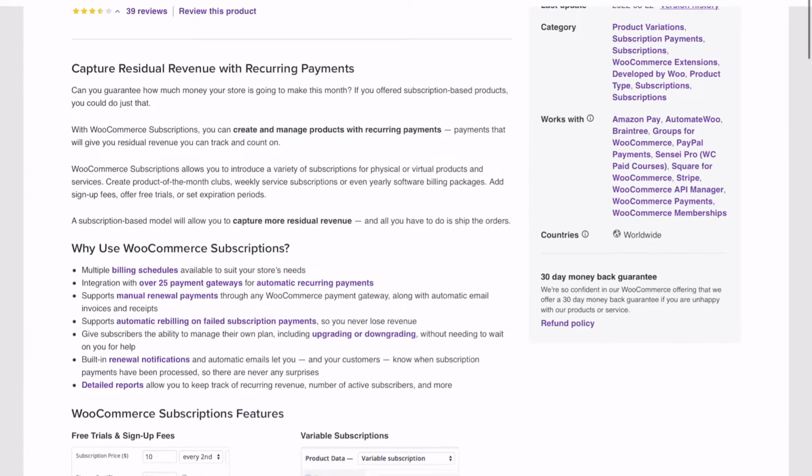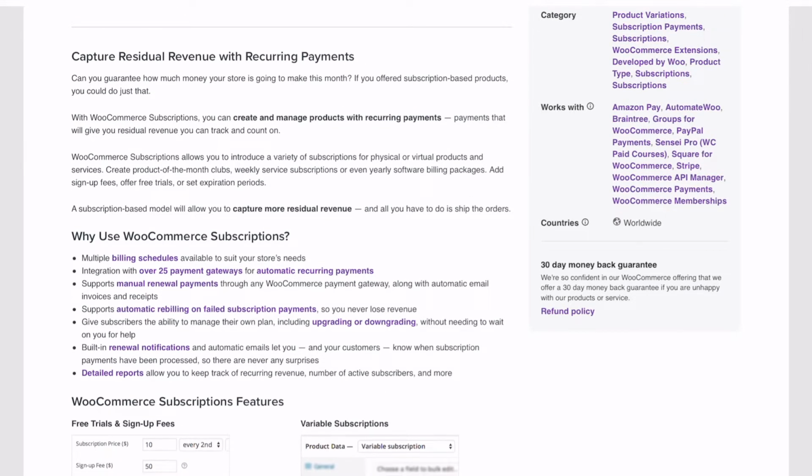The primary goal of this plugin is to allow you to fairly easily start selling subscription products. Subscription products have become much more popular over the last decade, especially with SaaS companies. But for e-commerce providers, it's probably a little bit more of a new initiative. For example, pet companies that are selling pet food online with a subscription model. But it can be very lucrative to secure and lock in paying customers every month rather than relying on one-off